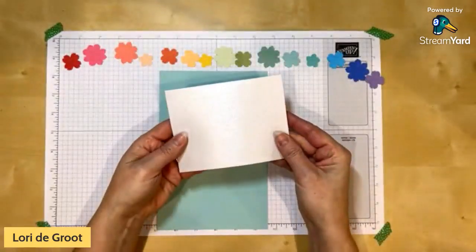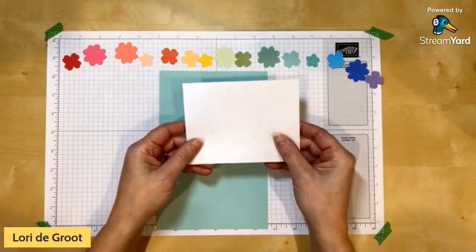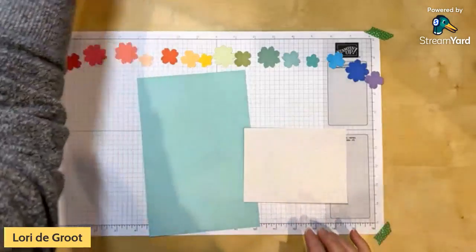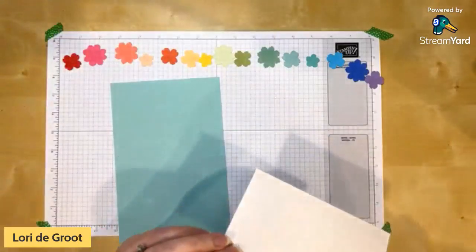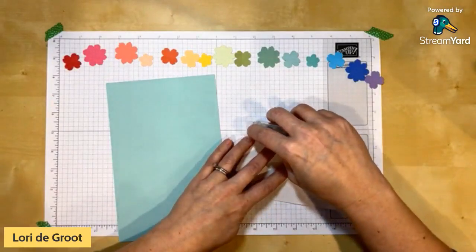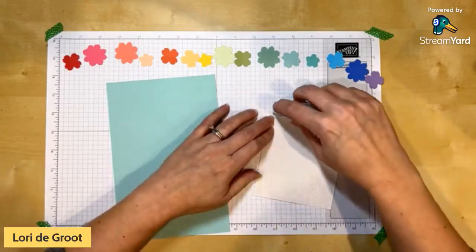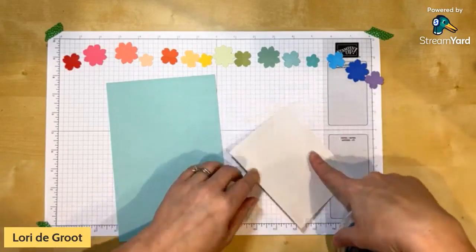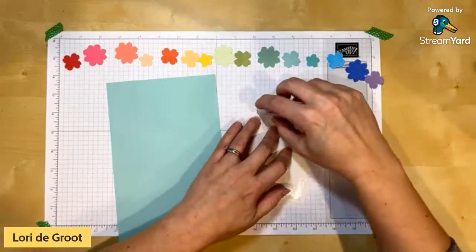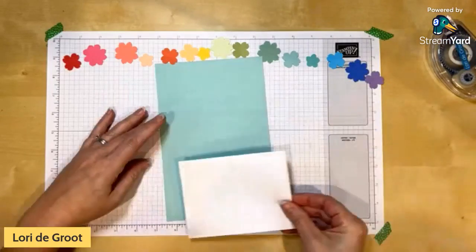And so you get 12 by 12 sheets in white, balmy blue, and shaded spruce. So that's part of the January to April mini catalog as well. And so we're going to create, this is the background of our card. And because it's shiny and textured, I'm going to use my Seal Plus just so it's a little bit stronger. But just make sure it's coming off and coming on the paper, because this is slippery. It's slippery paper. The first time I did it, whoosh, nothing was even stuck. But that should work good to stick this nicely onto